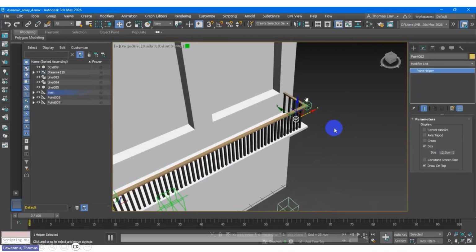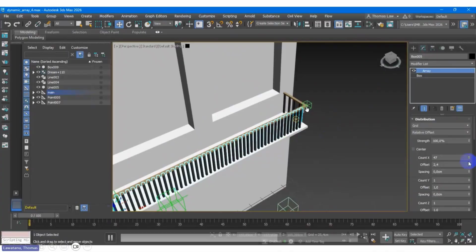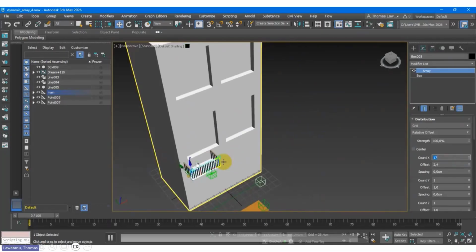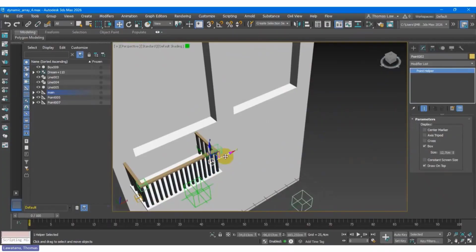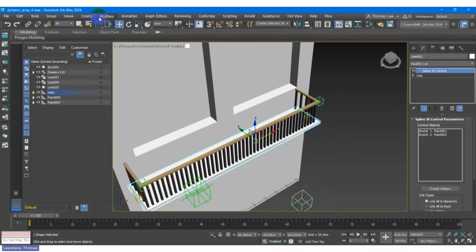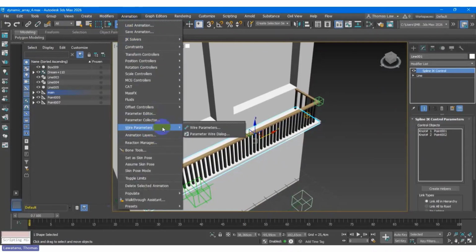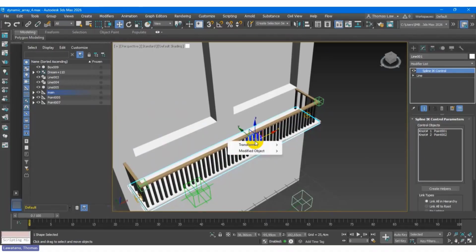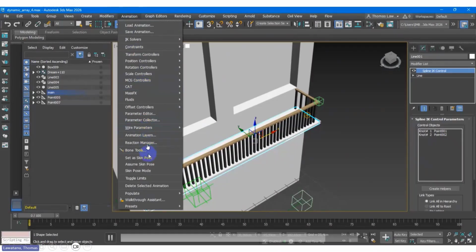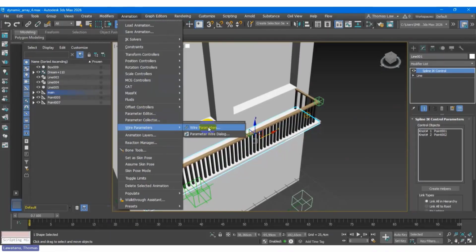So this helper, this point, this is the key. Why? Because when I create this one, I combine it with the wire parameter. What is the wire parameter? Wire parameter helps you to get a simple, no, I'm not saying this is a script, this is like a formula. Let's say I want to, this one, this is like the wire parameter. This will be multiple. Let's say I want to create some conditions.